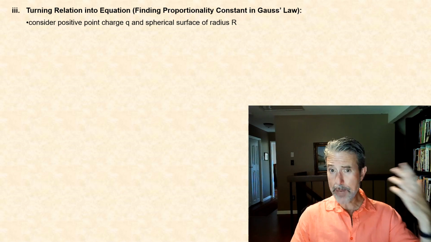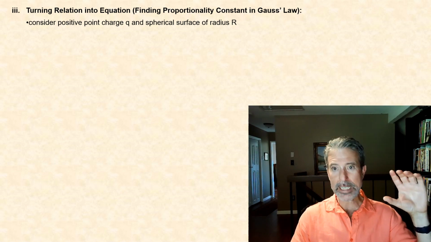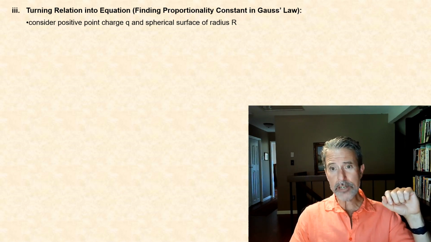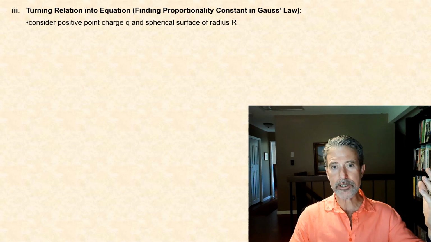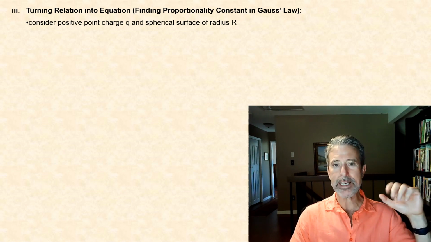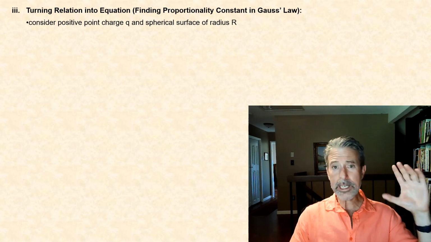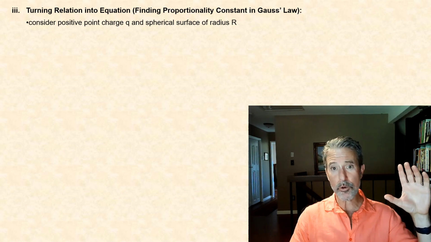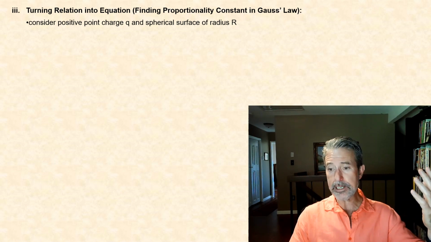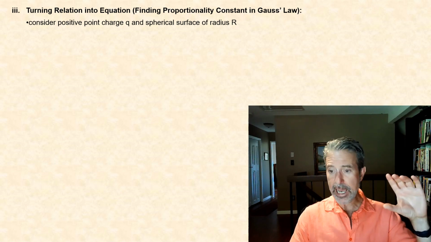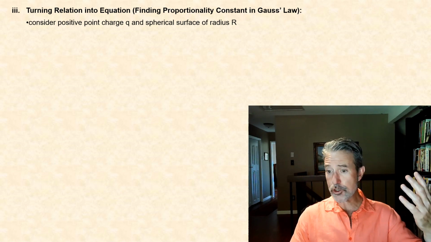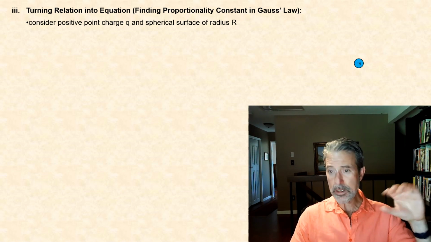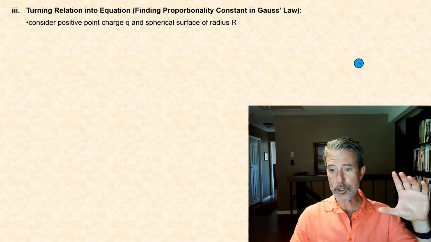Thus far, our statement of Gauss's law is in the form of a relation, not an equation. To turn a relation into an equation, we need to introduce a proportionality constant and then find its value. We can use what we know about Coulomb's law to find the value of the proportionality constant. Why? Because we can look at a specific case of a charge distribution. For simplicity, we're just going to look at a point charge, kQ,